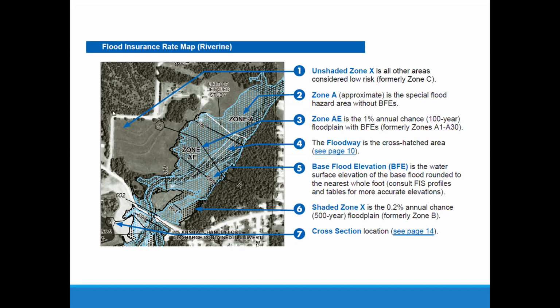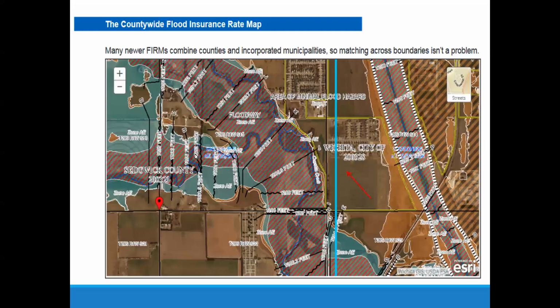This is a newer style map, but it's not the latest and greatest. And here's what the maps look like today. They have different color schemes on them, and they're set up a little bit differently, but these are easier for colorblind people to read. And so the Americans with Disabilities Act requires that our flood maps comply with these requirements for people with disabilities, and color blindness is a disability.